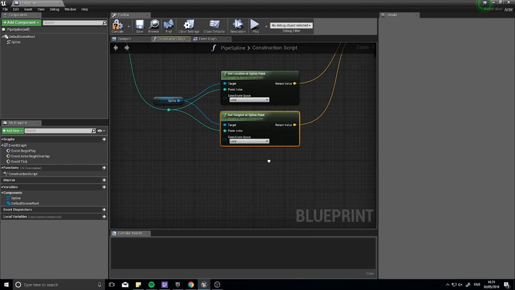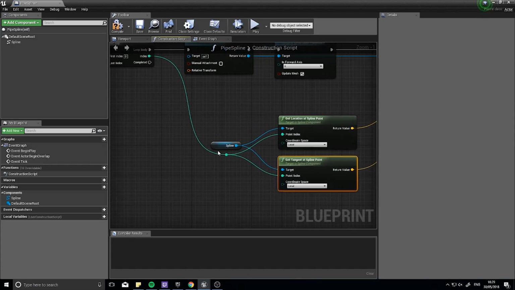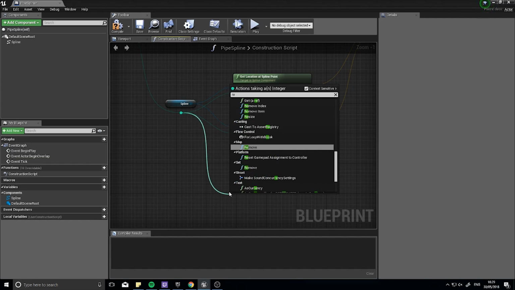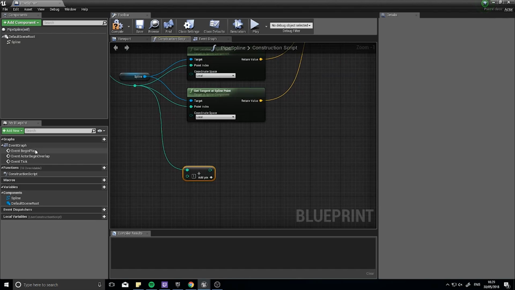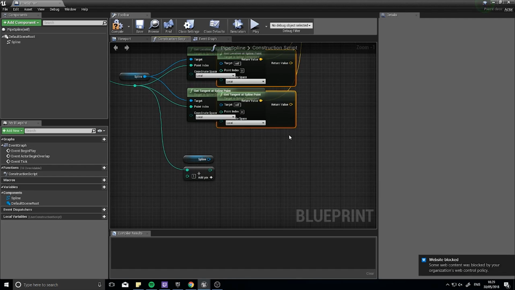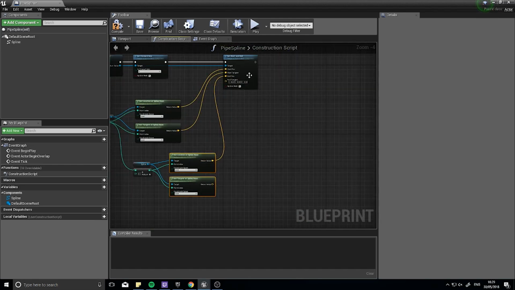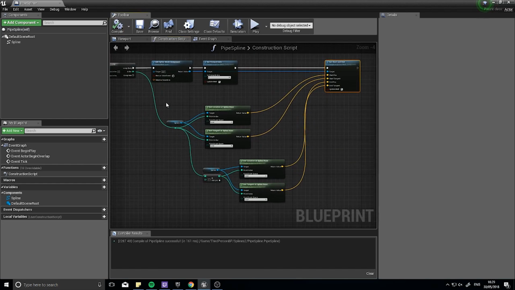Now to do the end position, I want to get the point index, the next one along. So this is, for example, point 0. I need to get to now point 1, the one ahead, to get the end position. So to do that, you drag from the reroute and go add 1. And do exactly the same as before. So spline here, and I'm just going to copy and paste these two here and hook these up exactly the same, but this time going to the end position and the end tangent, like so, and click compile, and that's it,